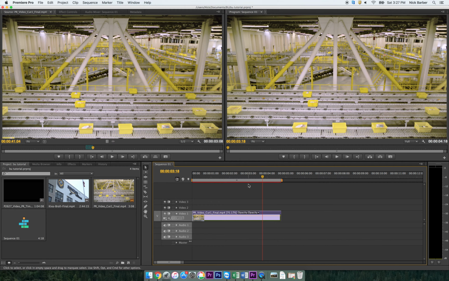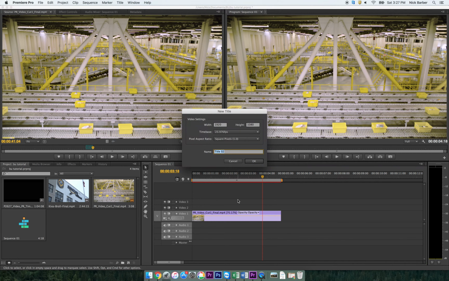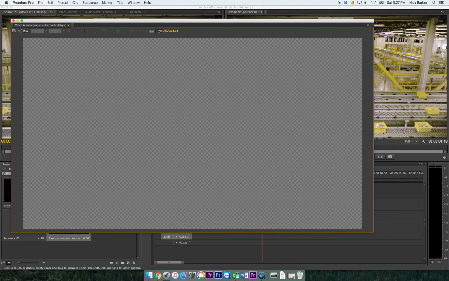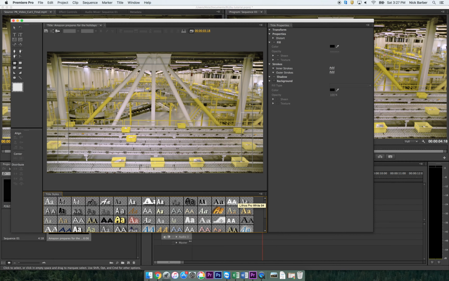Now, the key about MOSOs is that we need text over top of the video. So I'm going to initiate my text tool, my titler. Command T on a Mac, Control T on Windows, and unlike a traditional report where you could just put any name in for our title, it becomes a little bit harder when you have a lot of titles in a report. So I'm going to try to be a little bit more descriptive in my titles. Now that I'm in my titler,